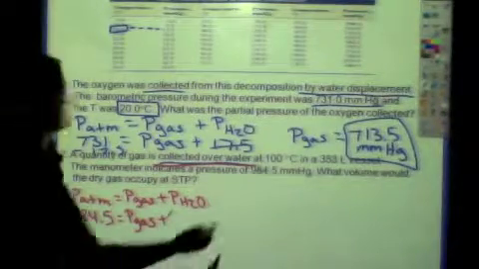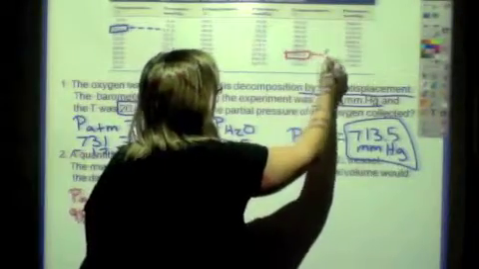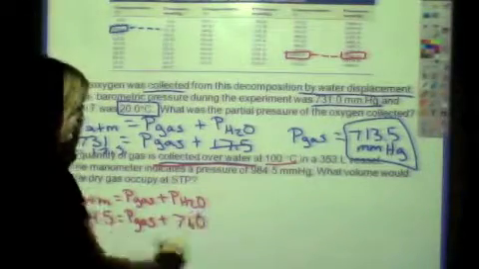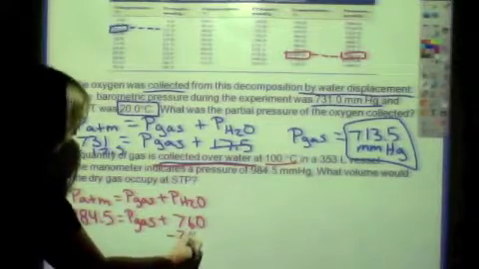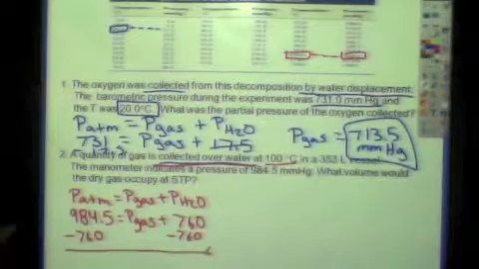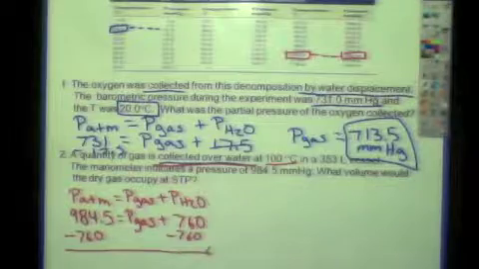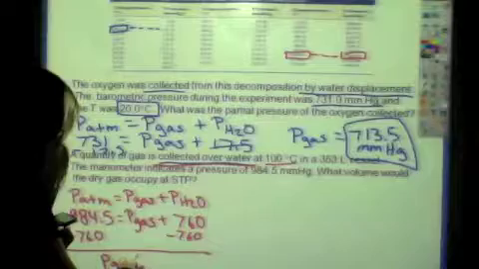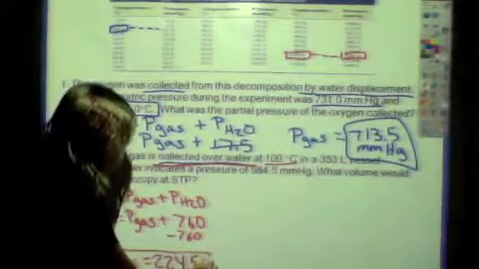So this time our temperature is 100 degrees Celsius. So you're going to go to 100 degrees Celsius and go over, which is 760. And then you solve. So subtract 760 from both sides, and you get P gas equals 224.5